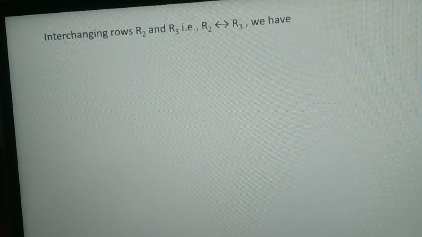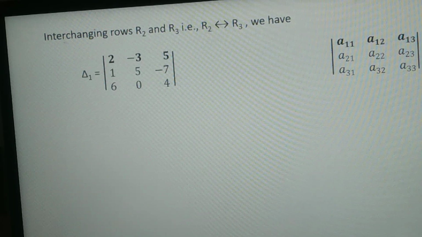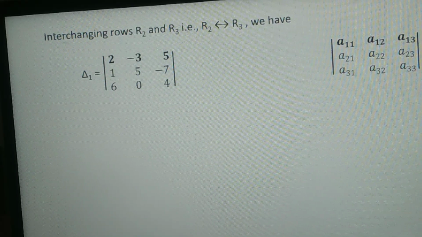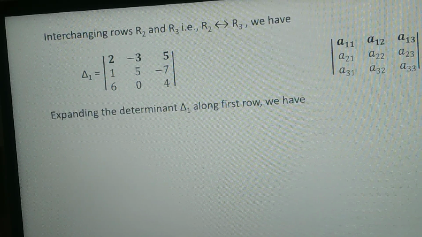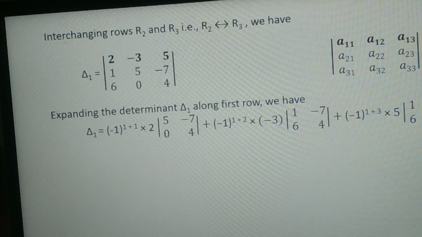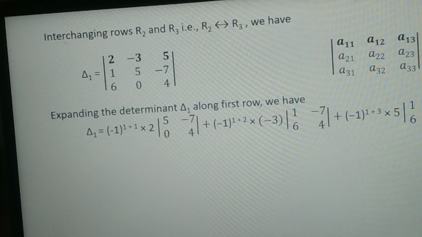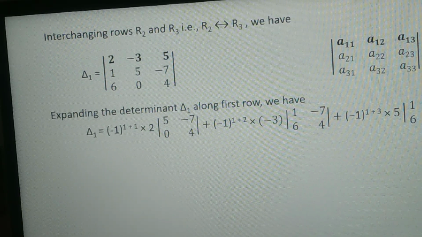Now interchanging rows R2 and R3, we get delta 1 is equal to determinant 2, minus 3, 5, 1, 5, minus 7, 6, 0, 4. Expanding the determinant delta 1 along the first row, we get delta 1 is equal to (minus 1) raised to 1 plus 1 into 2 into determinant 5, minus 7, 0, 4, plus (minus 1) raised to 1 plus 2 into minus 3 into determinant 1, minus 7, 6, 4, plus (minus 1) raised to 1 plus 3 into 5 into determinant 1, 5, 6, 0,